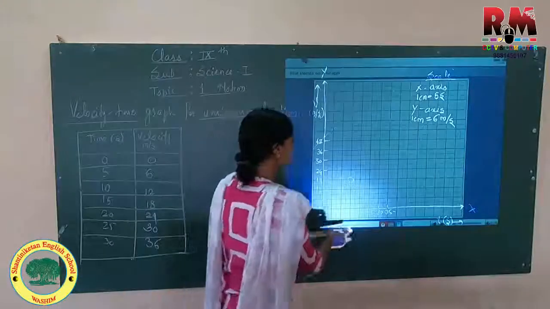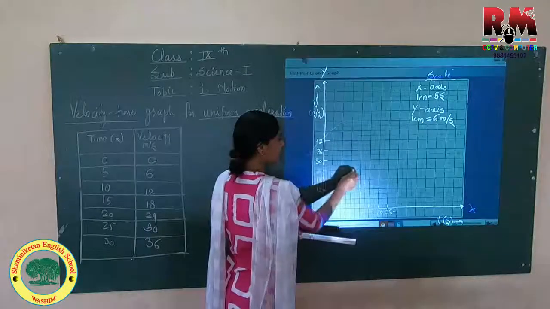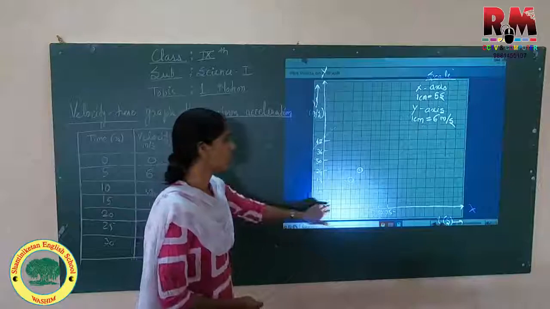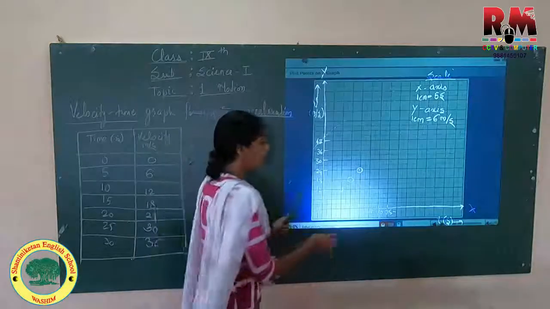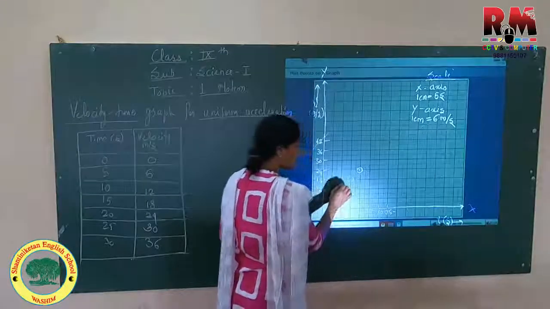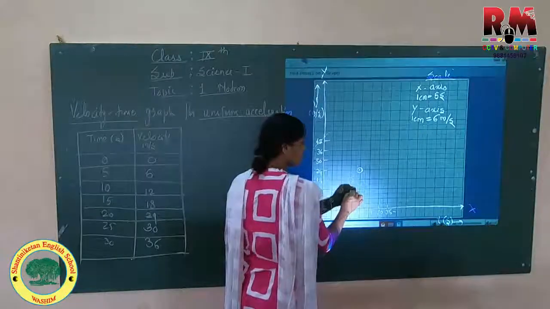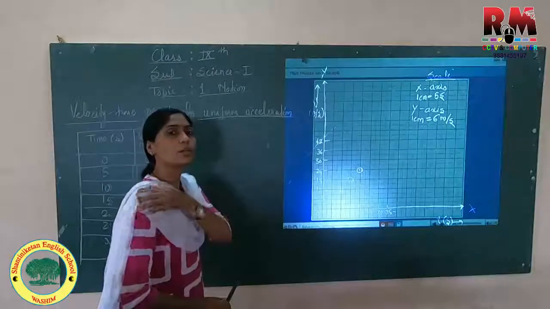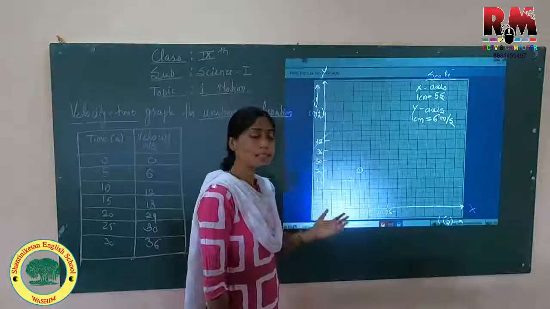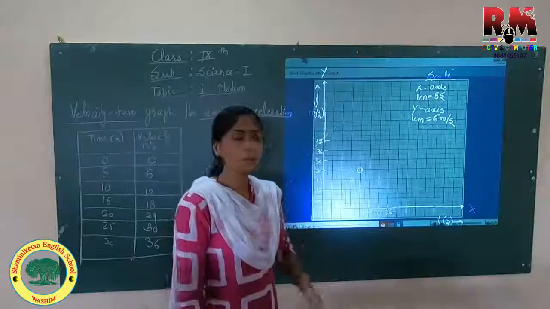Okay. Then at 20 seconds, it is 24. At 20 seconds, it is how much? 24. If you are not confident about plotting the points directly, better draw these shaded lines. Where these two lines, horizontal and vertical, meet each other, that is exactly the point. You may go by my process, or if you don't have confidence, don't directly plot the points. Go step by step, as in the earlier graphs we have seen in the previous 2-3 sessions. Go through it, try it on your own, and only then proceed.